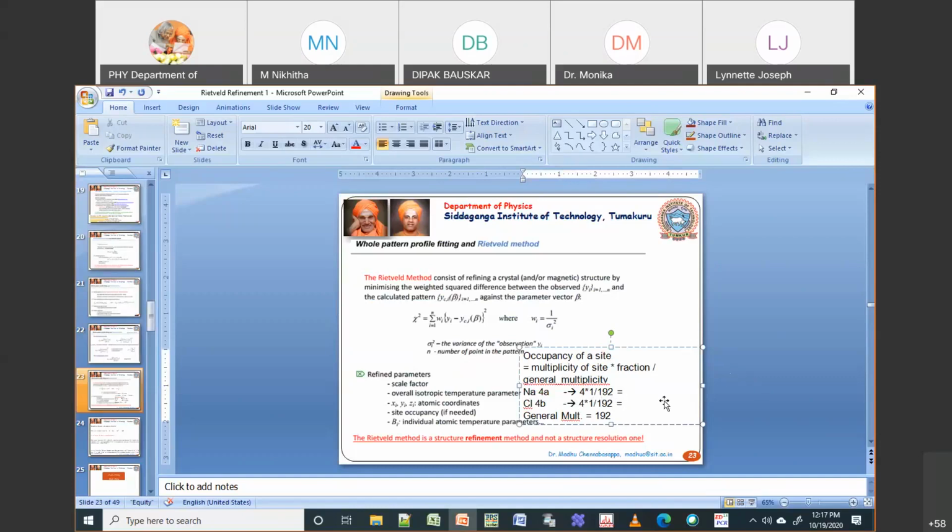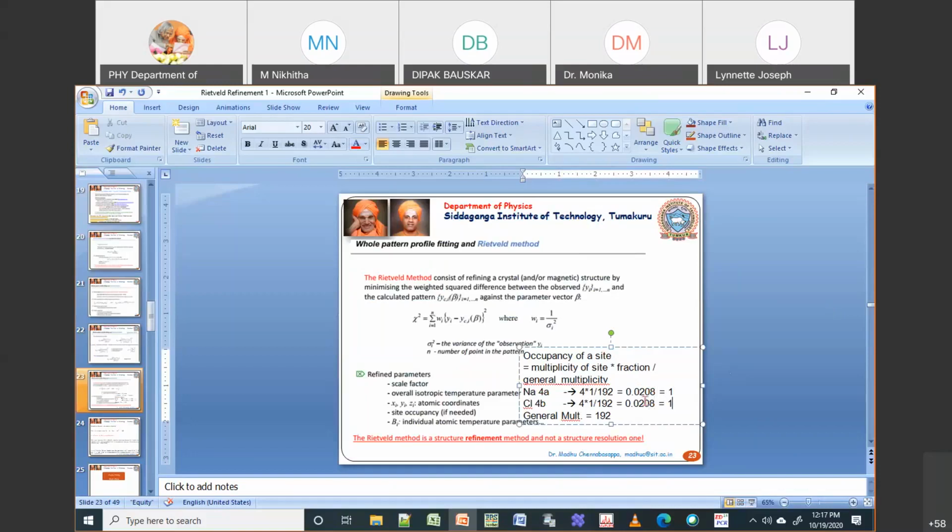So in this case, 4 by 192 will give something like 0.0208. You can keep this as the occupancy, 0.0208, or as both are the same, I'm just having a multiplication factor, I can keep it as 1.